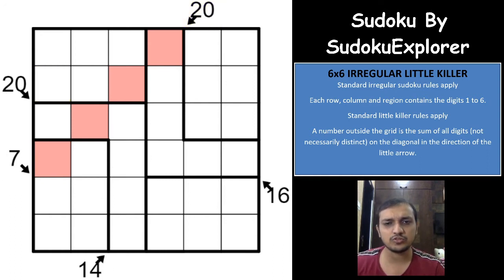There are 4 bigger clues here, right? So I'll mark all the cells here with different colors for each clue. As you can see here, the 20 uses all the red cells, the 16 uses all the orange cells, the 14 uses all the pink cells, and the 20 uses all the yellow cells, right?